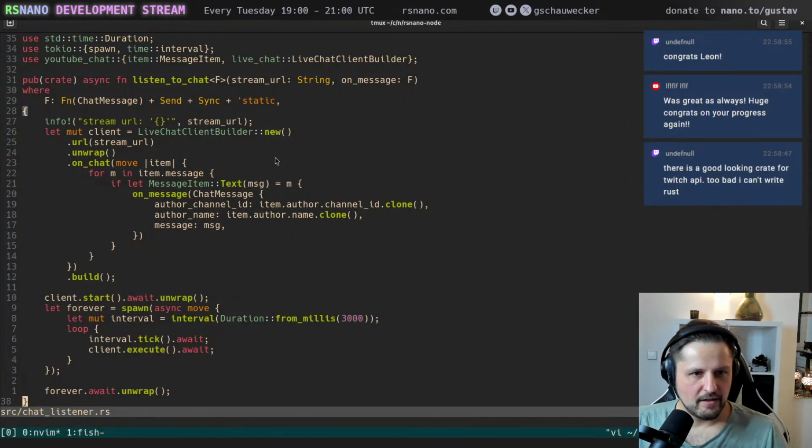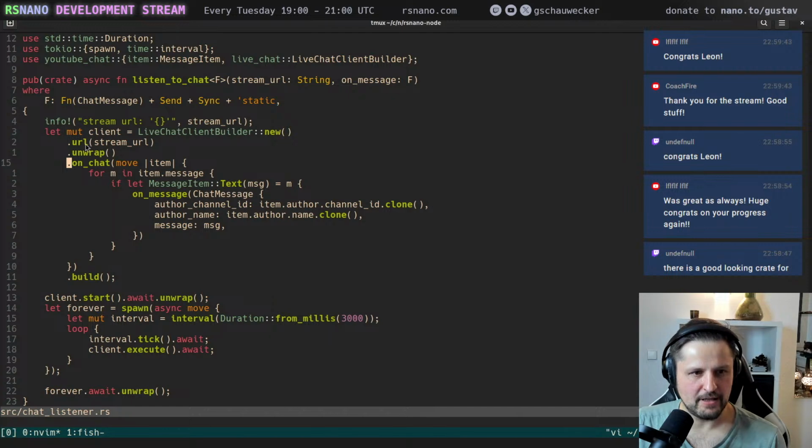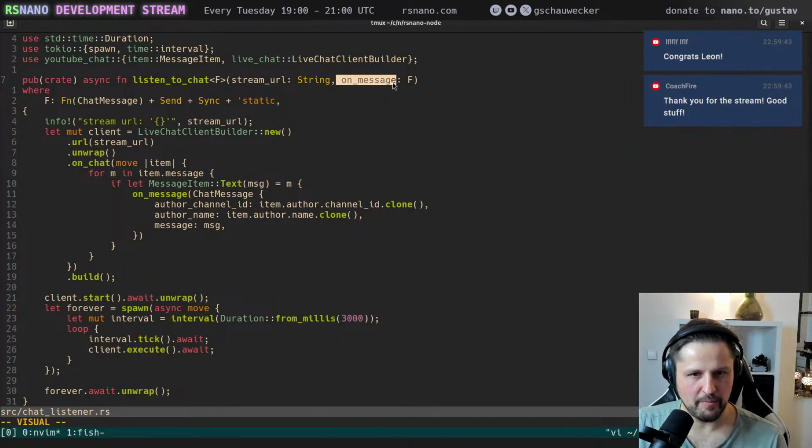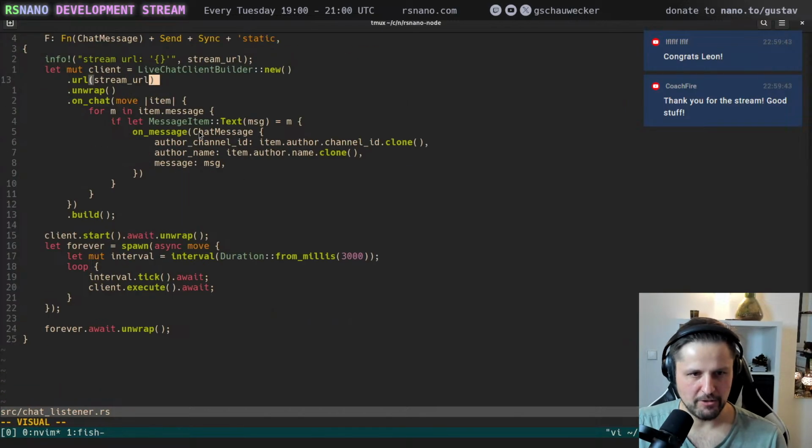So this comes from the crate, live chat client builder, and we give it a stream URL. We have an on chat, which is a callback for every chat message, and I have my own on message callback that I pass in here. The only thing this code does is convert the data structure that we get from our YouTube chat crate into our own data type, which is chat message.